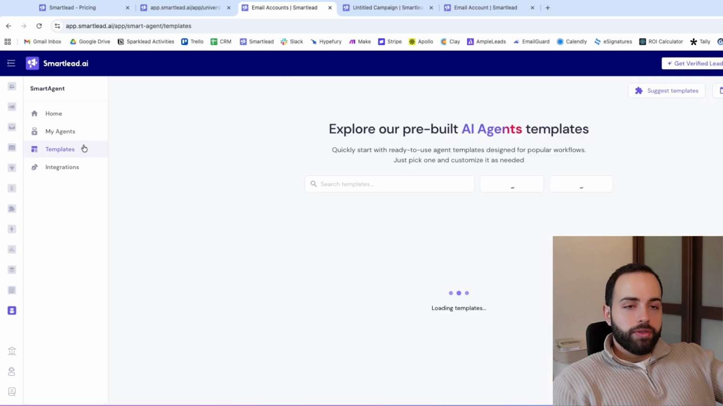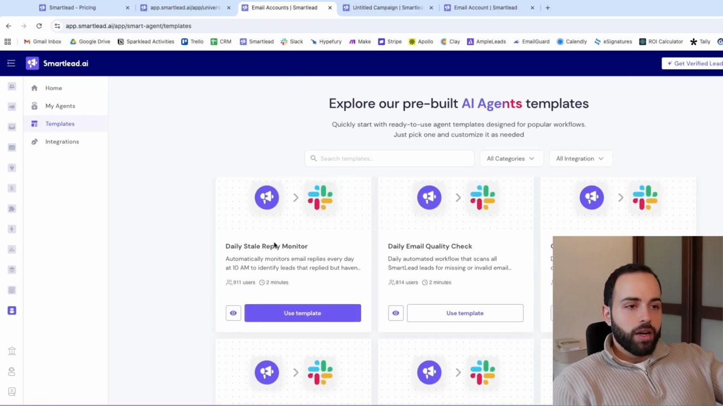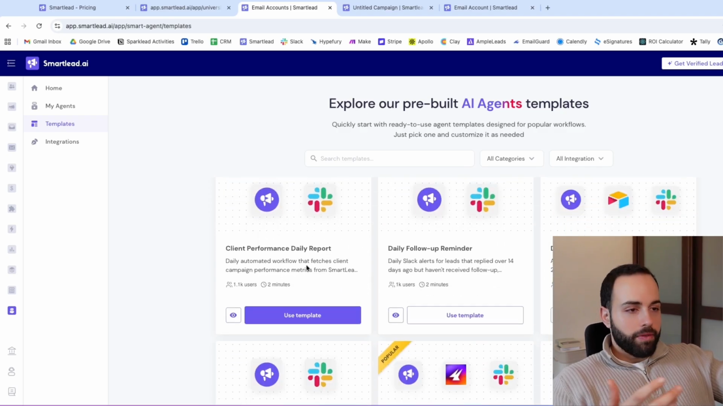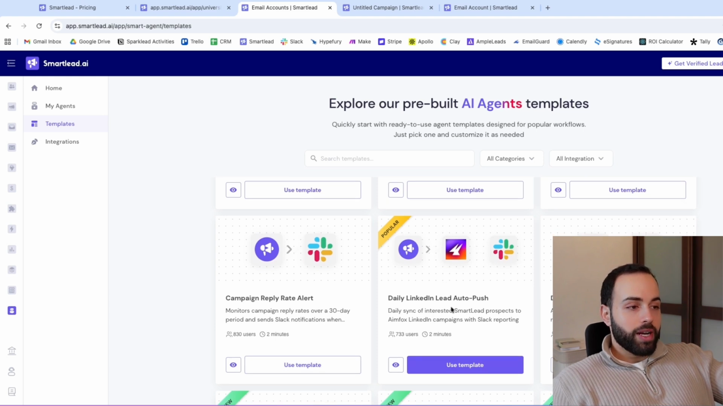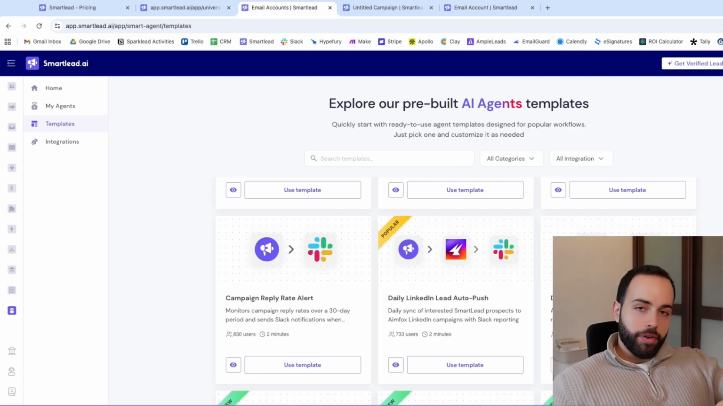But if I go into templates, just so you can see a couple of templates that Smartlead offers, you have here the daily stale reply monitor. So it monitors your replies every day to identify leads that replied. Daily email quality check, capacity alert. You have client performance daily report, follow-up reminder. You can also connect it to a LinkedIn lead auto push. So you can then connect with people on LinkedIn through a Smartlead campaign when people respond positively to your